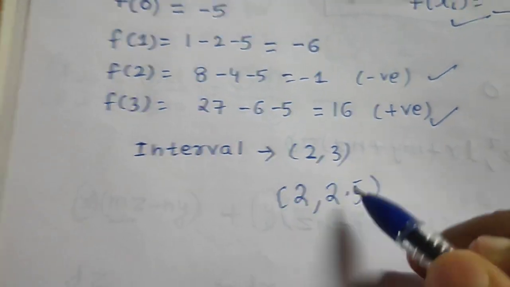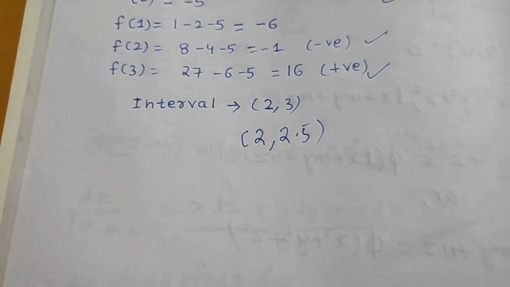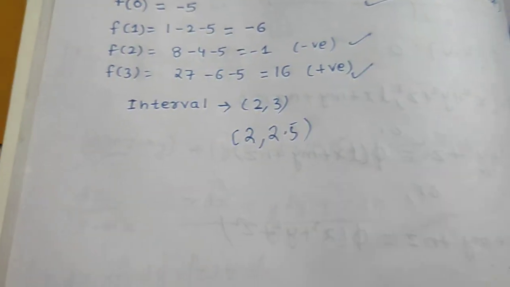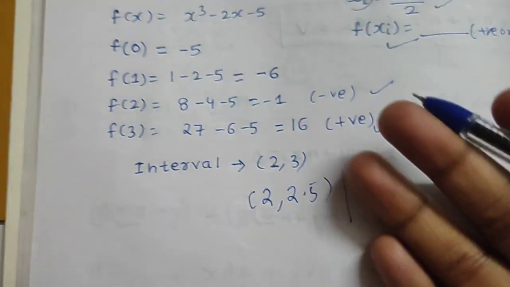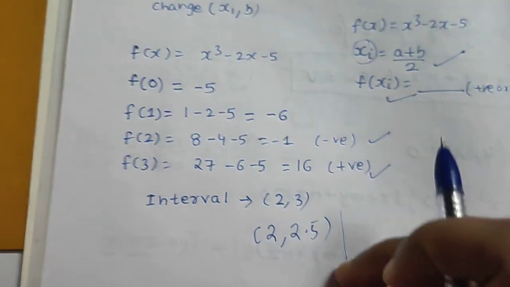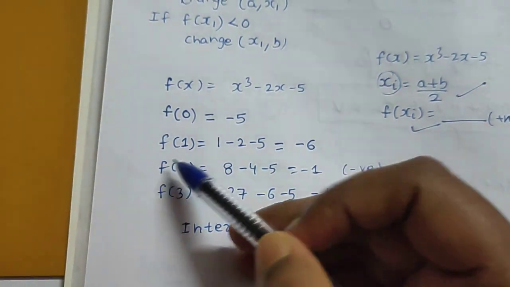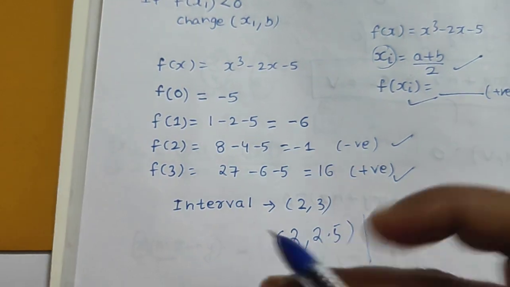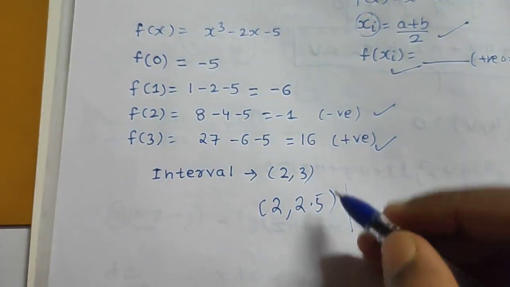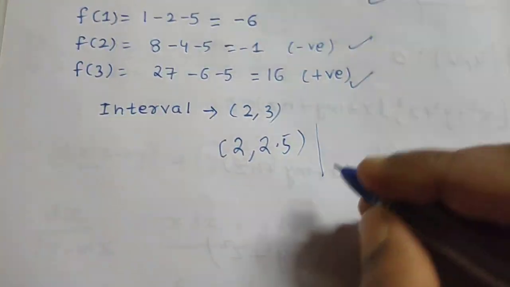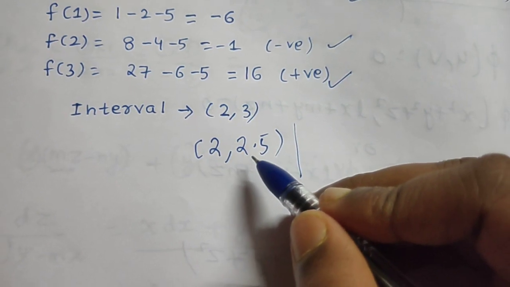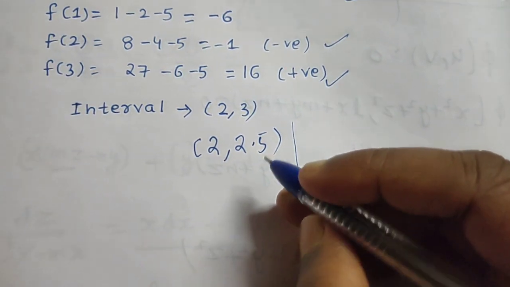Now if you want more accuracy, I will not say to be more accurate at this point only, go for this, because this is meant for accuracy. But if you can write in exam, the first step only is value of function at 2, and the value of second is 2.5, you have lessened the number of iterations at this point only. This is some hack which we do. So 2 to 2.5, if you want to become more accurate,